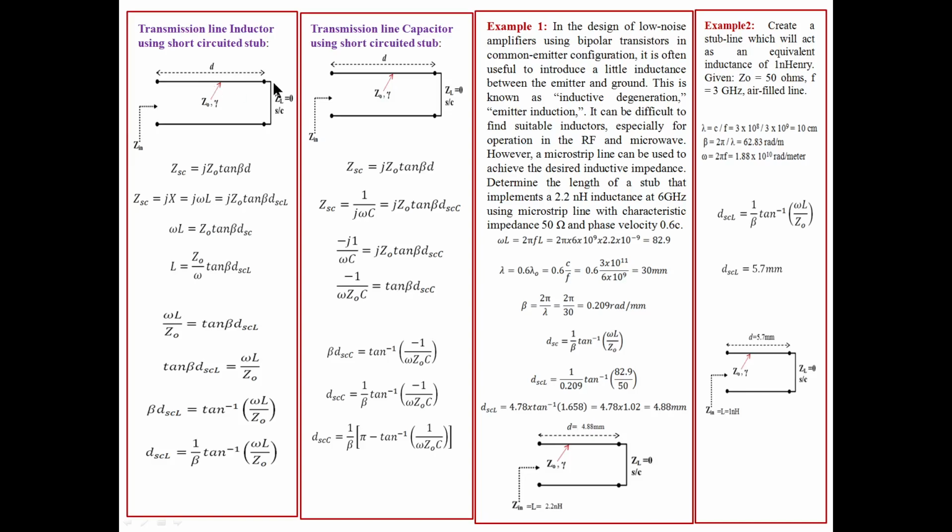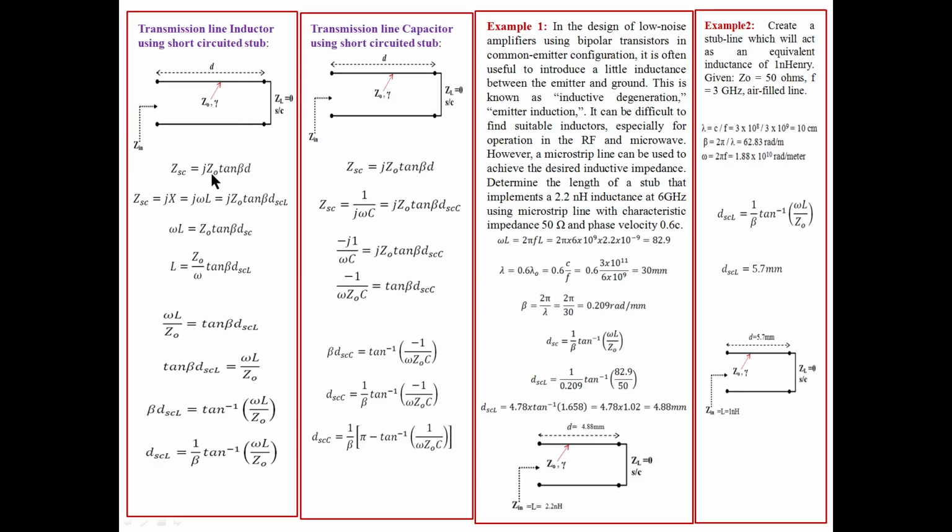As we move over a transmission line, we will be getting different values of reactance. Reactance is associated with either an inductor or a capacitor. Positive reactance is associated with the inductor and negative reactance is associated with the capacitance. The input reactance depends upon the length. When reactance changes, the inductor value and the capacitor value change. This X depends upon d, the length of the line. When d changes, the input impedance changes.